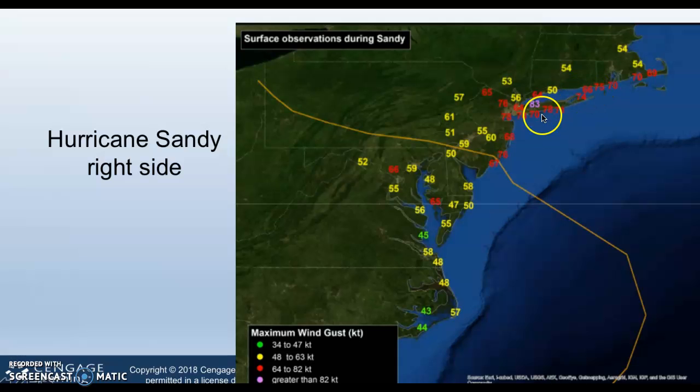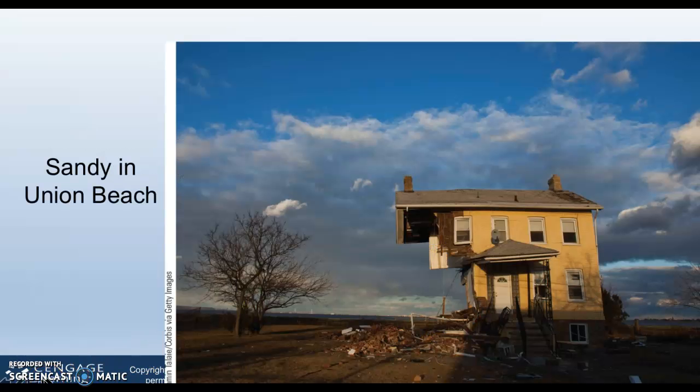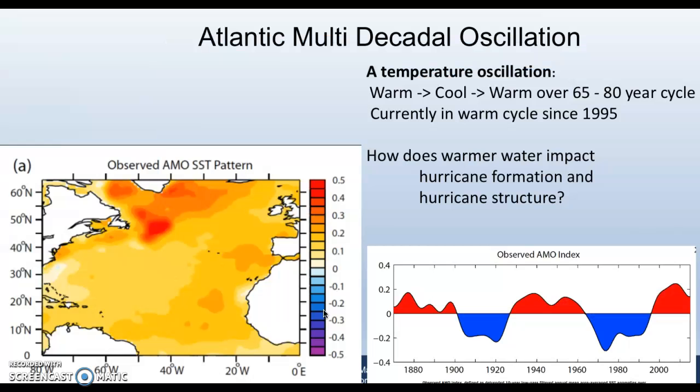the right side of the storm and the wind gusts as Sandy hit. Clearly, you have wind gusts here that are higher on this right side of the storm than on the left side of the storm. And in fact, what I'm going to show you next about Union Beach, right around here, 78 miles an hour in here. And look at the devastation that is really well known in Union Beach. There's New York right in the background and the Verrazano. So you can see that those 78 mile an hour winds tore apart homes in Union Beach. Now,